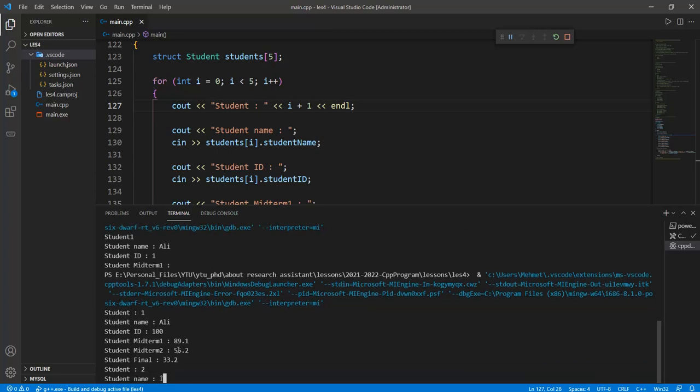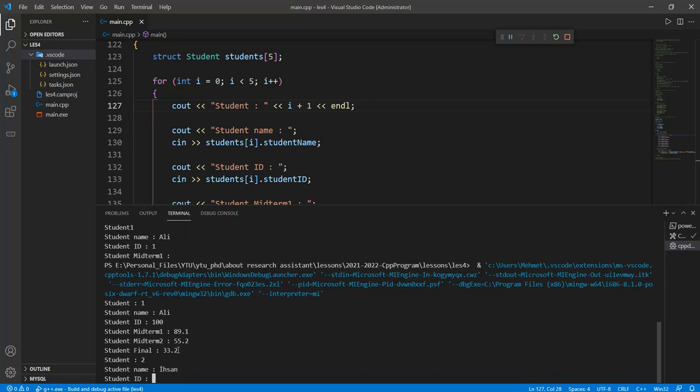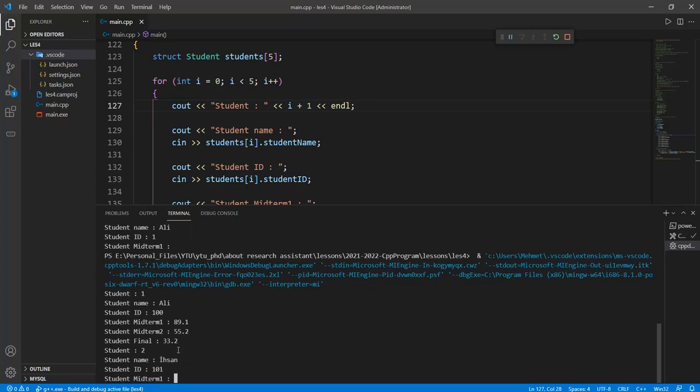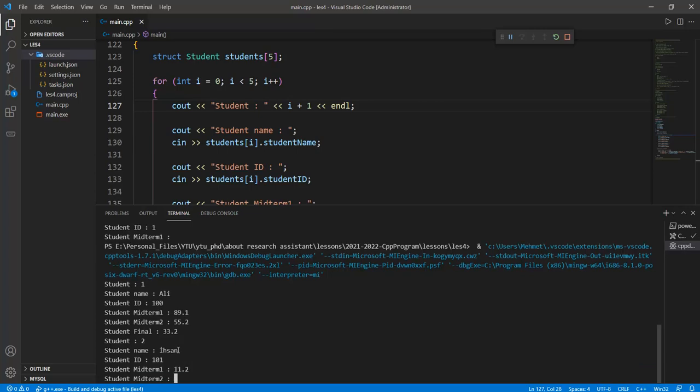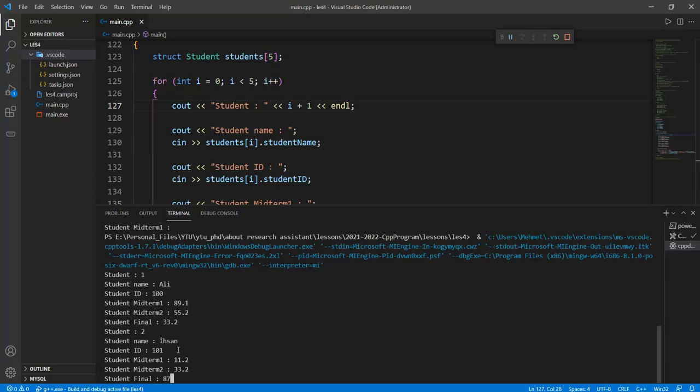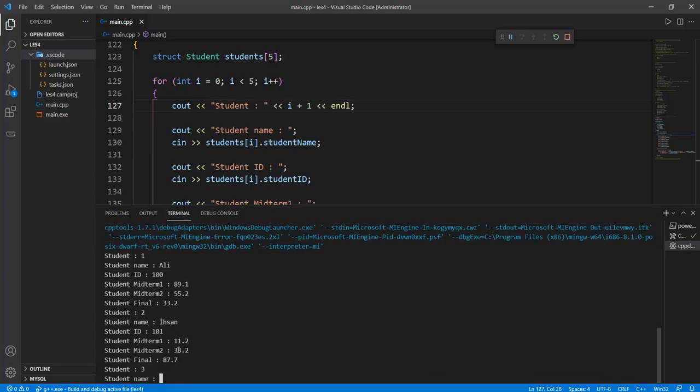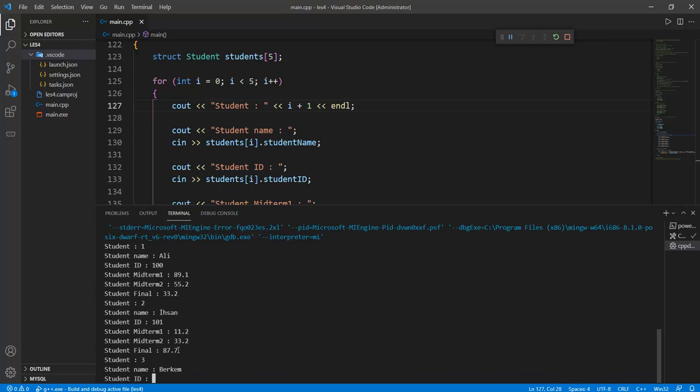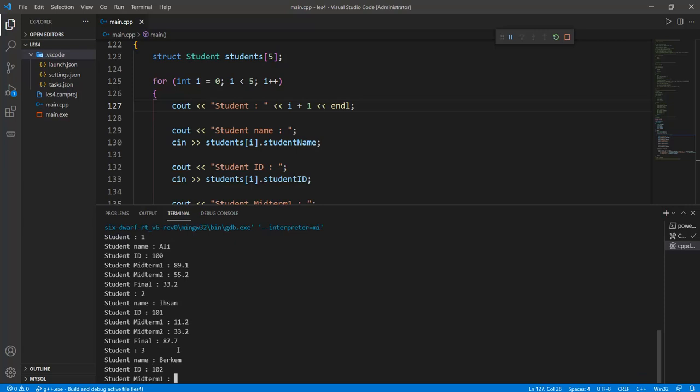Student 2 is the İşcan and 101, and student midterm is also 11, 2 and 85, 7. Student 3 information name is the Berkem, and student ID 102 and 99.1, 114, 2. Student 4 Burak